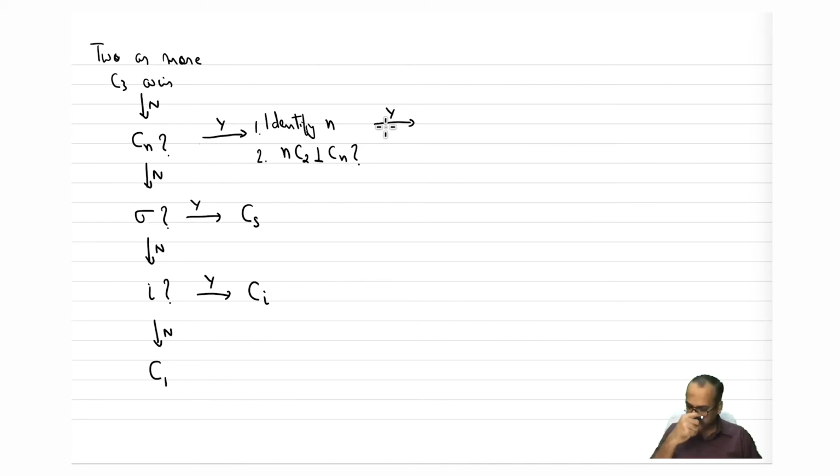then you will ask, does it have a sigma h? Okay, horizontal plane. So horizontal plane meaning sigma h has to be perpendicular to the Cn axis which is present. Okay, now if it is a yes, then you say it's a Dnh point group. Dnh. Okay,